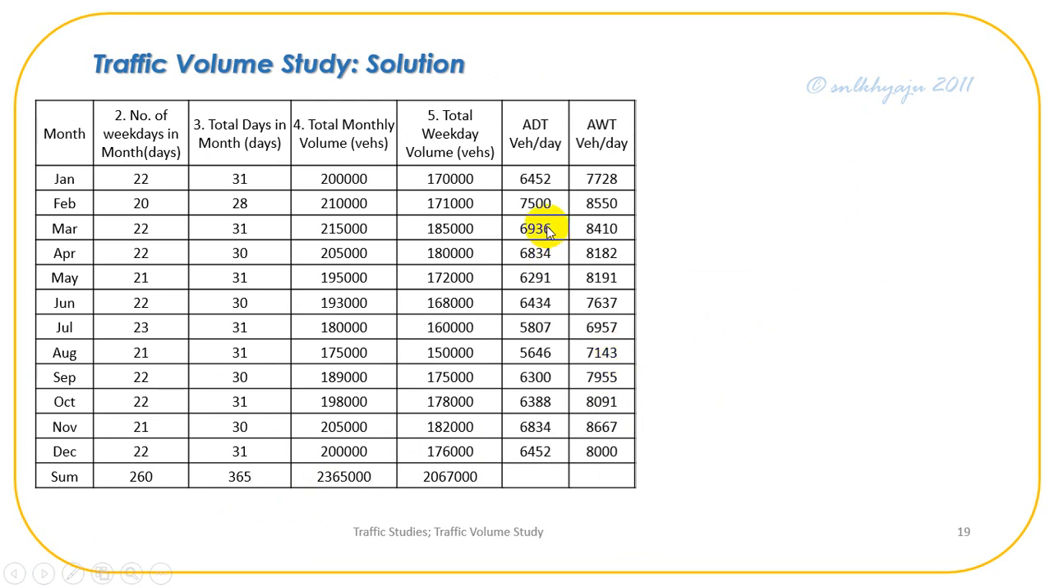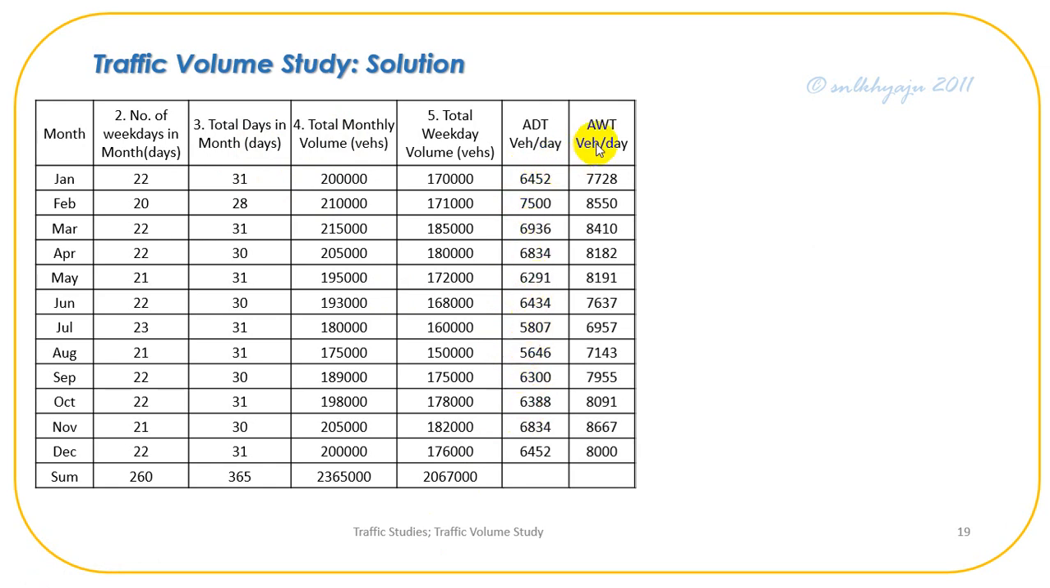And average daily traffic. Average daily traffic can be determined by the relation ADT equals total number of vehicles in a month divided by total days in month. That is 2 lakh. And likewise for each month, average daily traffic, that is vehicles per day, can be determined as shown in